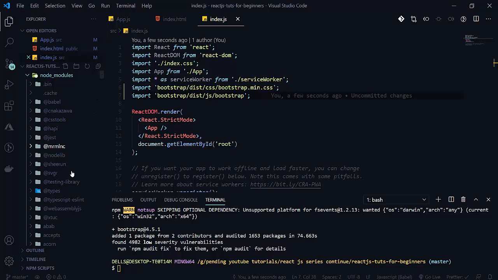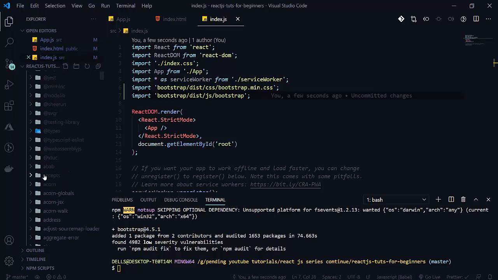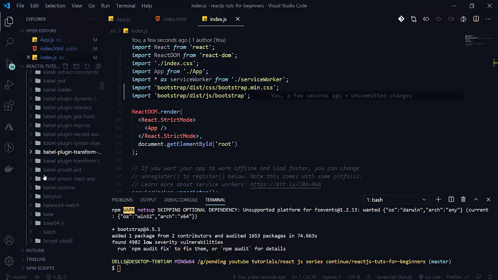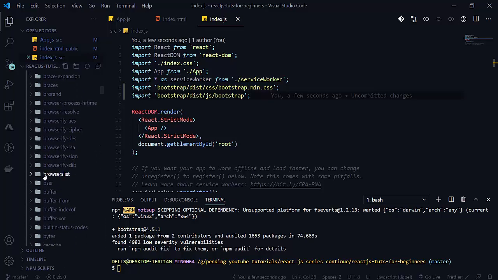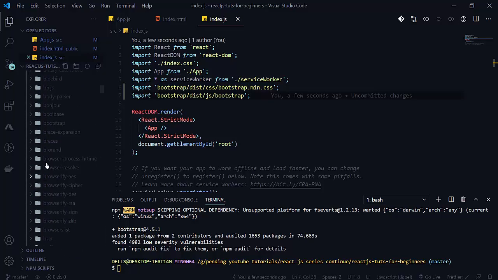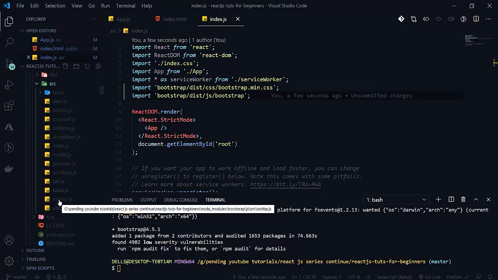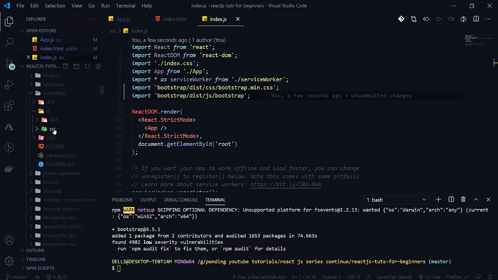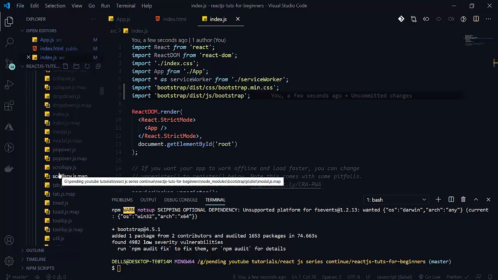There are many modules. This hung a little bit. Here is bootstrap. Now see that in JS, in source there is nothing, but in dist you can also import like that.